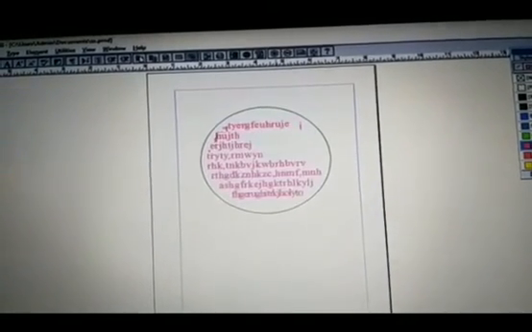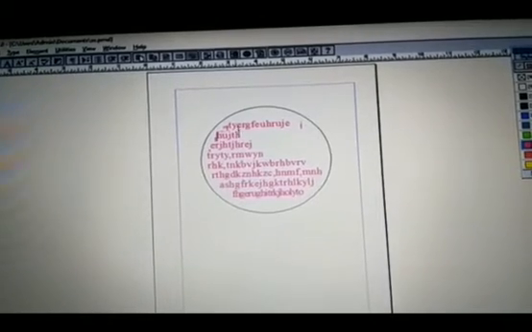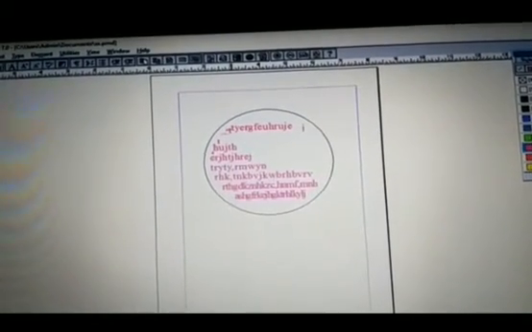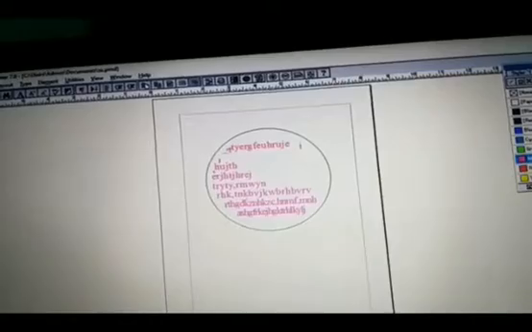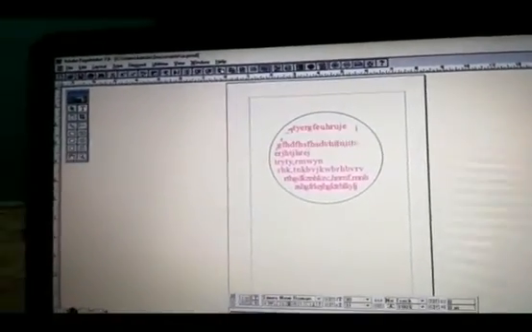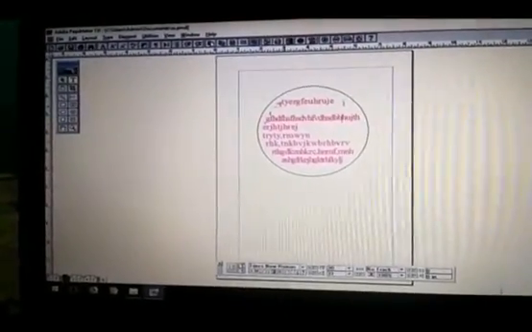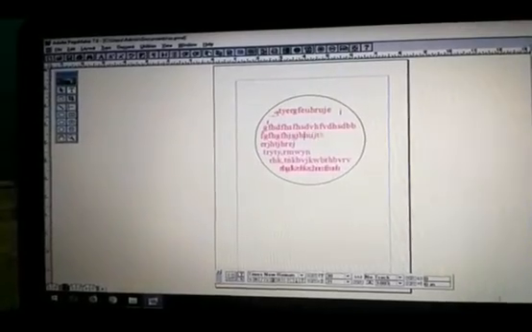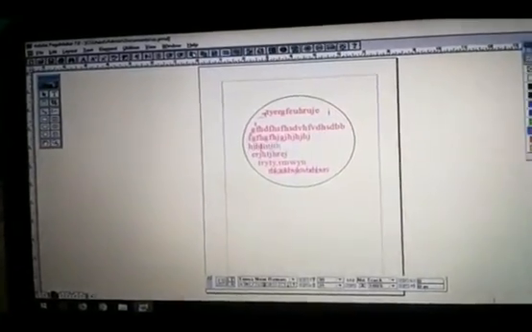So there are congested lines. It is appearing like this. So it is adjustable, and see, the text is entered directly within that frame alone, within that circle.